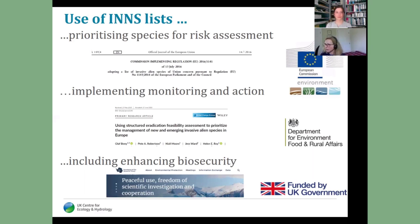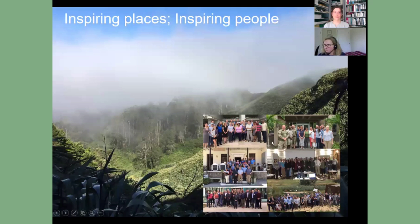But we can also think about the ways in which these lists can help us in terms of enhancing biosecurity. And I've had the really great fortune to work through the Non-Native Species Secretariat on a project led by Niall Moore on the UK overseas territories and making predictions around what might be the next species to arrive around the world. So it's just been incredible to go to some really inspiring places and work with inspiring people. And this is a picture of St. Helena